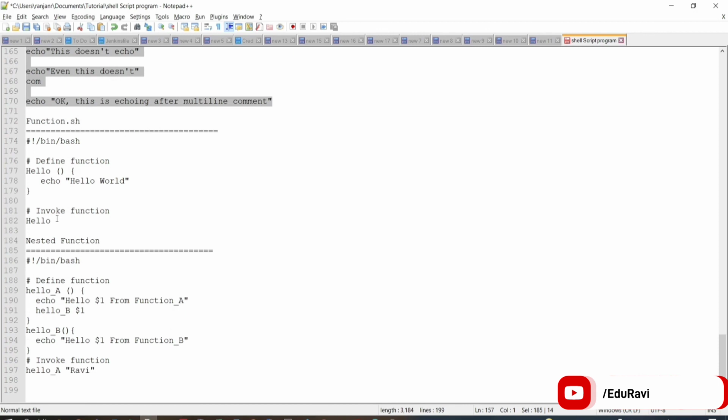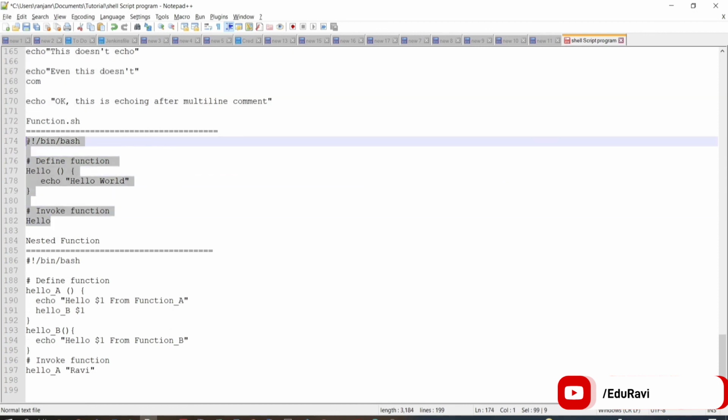I will execute first the basic one. This is the basic function, how we can execute it. After that we will move to the nested function. It's function, not function. Okay, insert, duplicate. I will explain also. Let me modify chmod plus x function.sh. Okay, cat